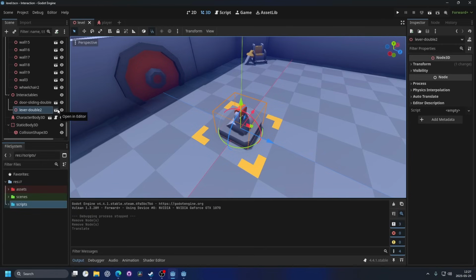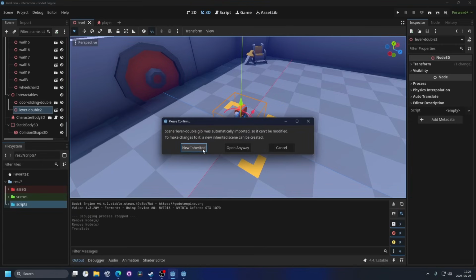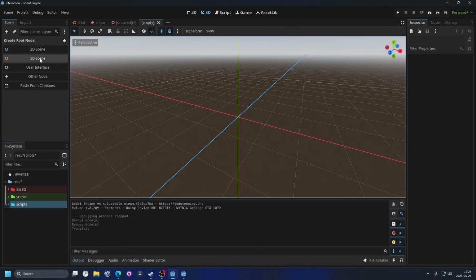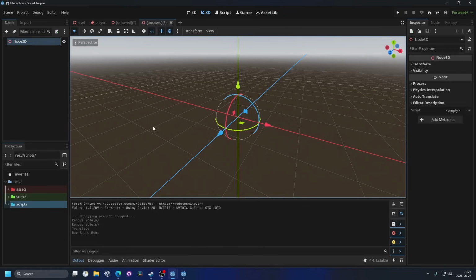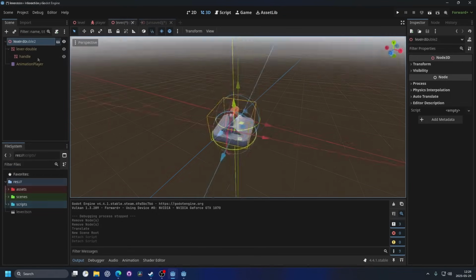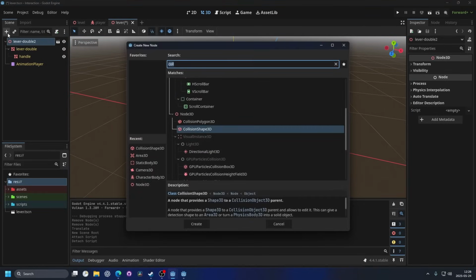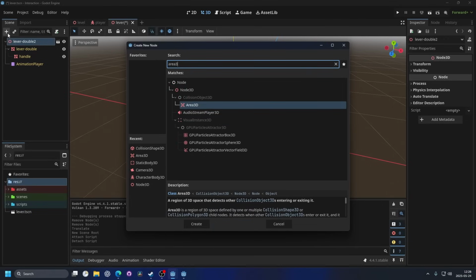the scene, I can click open in editor and click new inherited to create a new scene. This would be the same as just hitting the plus button and making a 3D scene, for example, and dragging in the model that way. Currently this is just a model, it can't do anything, it just exists visually. To give it some function, I will add a new node, and that will be an Area3D, and